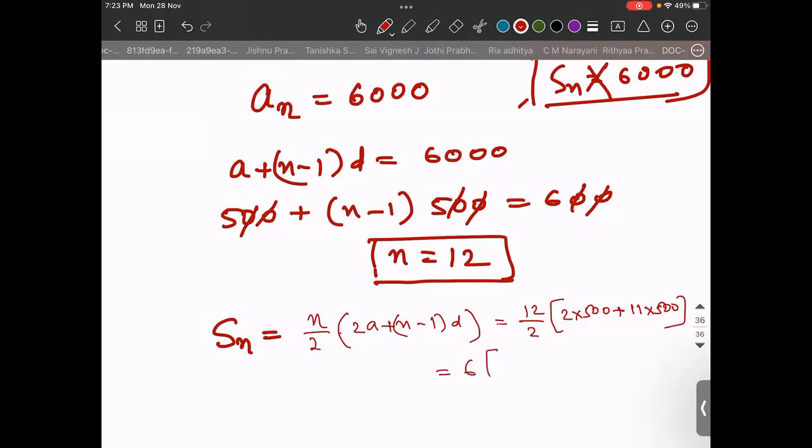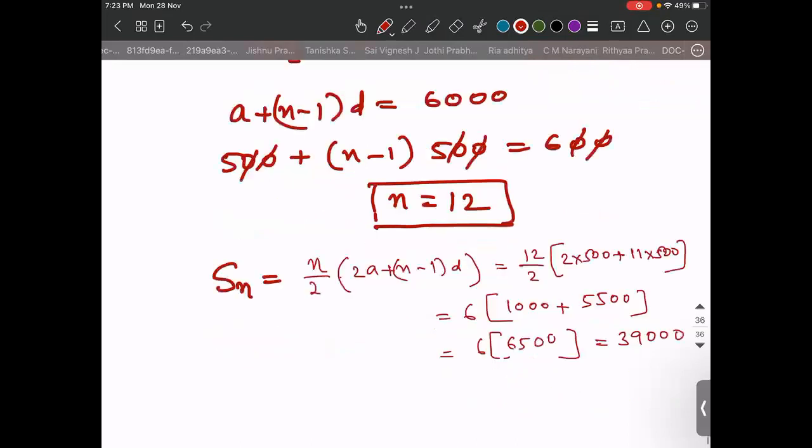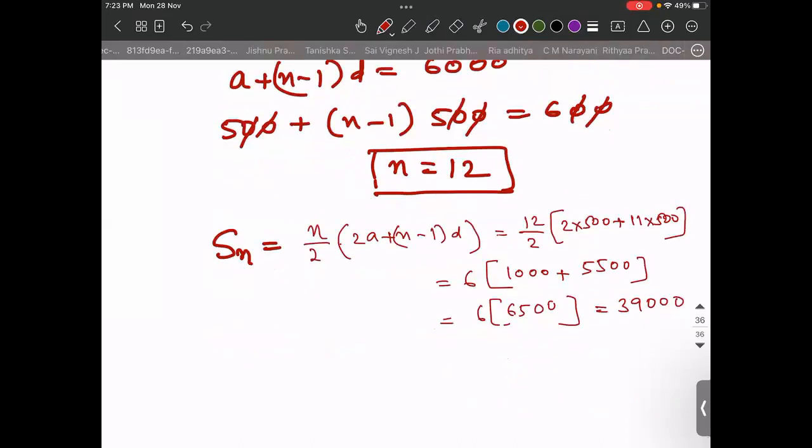How much will be next? 6 times of 1000 plus 5500, right? 6 times of 6500. How much will be this? 39,000. So Sn